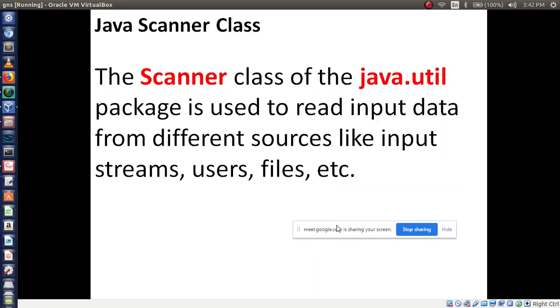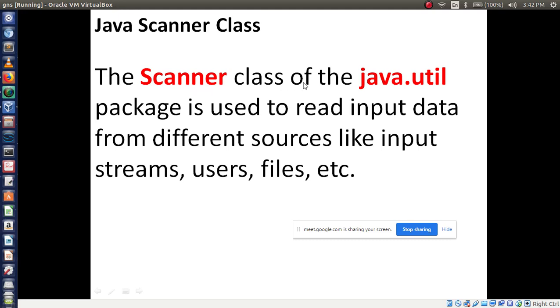Here you have to learn 3 lines to execute that program. First, we have to study the Java Scanner class. Class name is Scanner. Scanner class belongs to the java.util package.